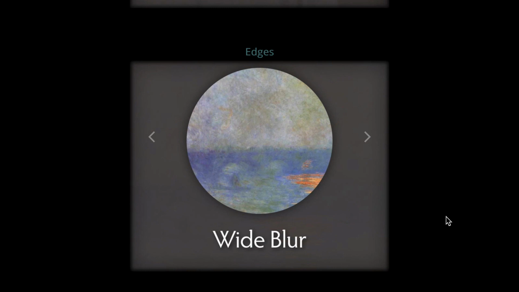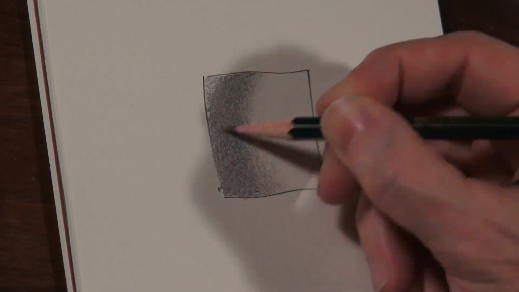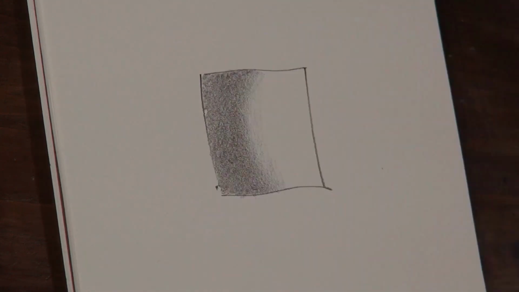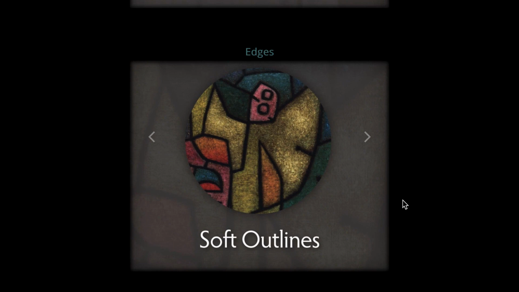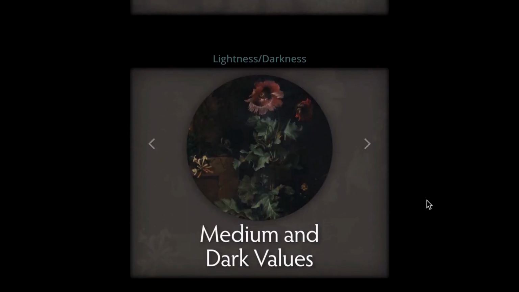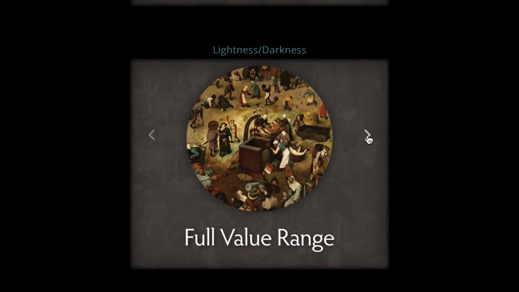You can have a wide blur where it transitions from the dark value to the light value in a big wide blur. So it goes dark to a little lighter, to a little lighter, to a little lighter, until you get to that lighter value of the other object. And then back to soft outlines. And of course, in lightness, darkness, you have a whole range of possibilities here. Let's start with